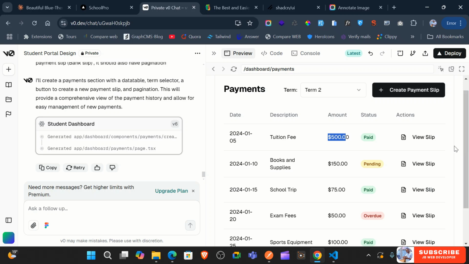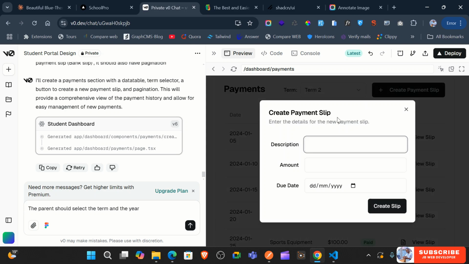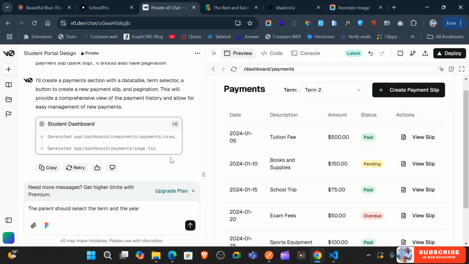I'm just going to say that it should add, so a parent should select the term and the year. Let's see, create payment slip, description, amount, and create slip. I don't know, like then